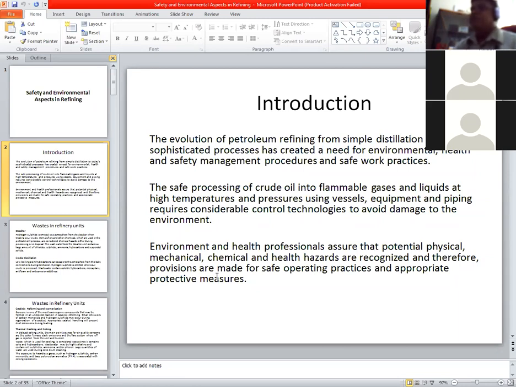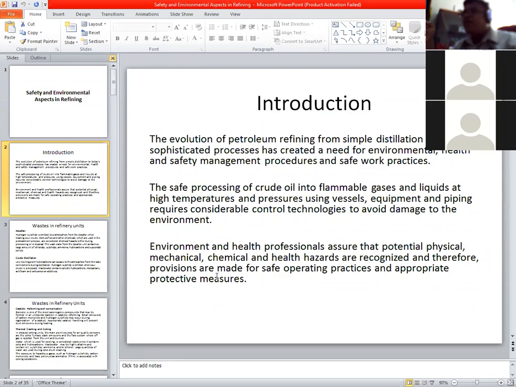That is why you have to estimate the emissions first. You have to calculate how many